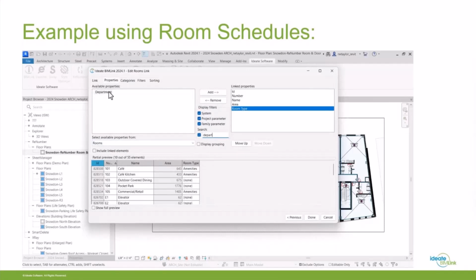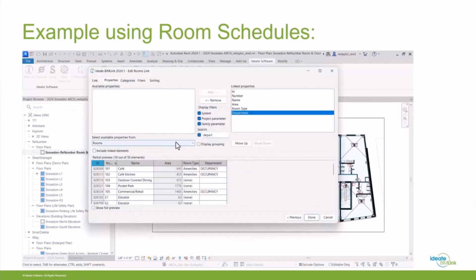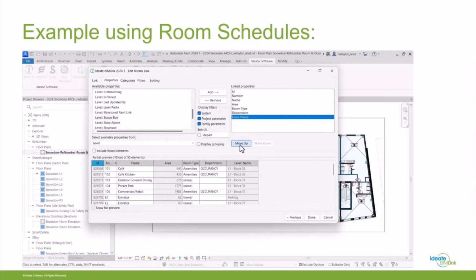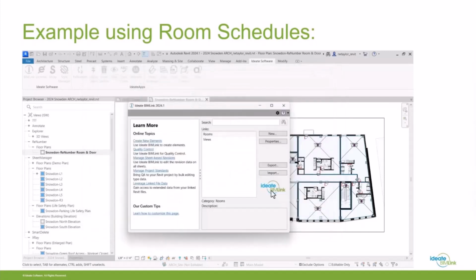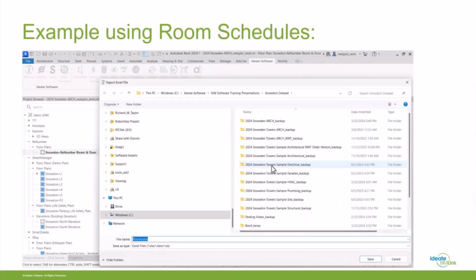It's allowing me to sort of pull the properties, and then I can add or subtract. So I want to show you the available properties. Here's where I was talking about earlier. You can go level, coordinate. I'm going to look at all the level properties, and I want to add the level name to this particular export. So I started out with the schedule, but then I'm sort of adding to it. So I actually added the department, and I also added the level name.